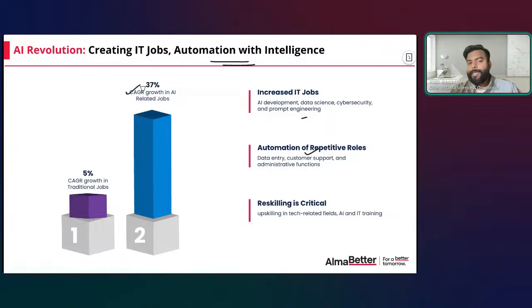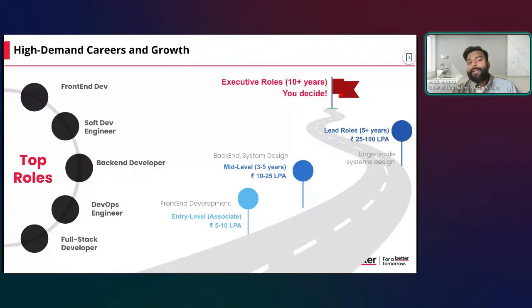Now, growth wise, if you see this number of 37%, and you don't upskill yourself with different technologies, you will not be part of this. You have to ensure that there is a demand, but there is a requirement as well, which you have to skill yourself for, to make yourself ready for the industry and how it is evolving right now. Now, going to the next part, we have seen that in terms of the requirement there is growth, and upskilling or reskilling is required.